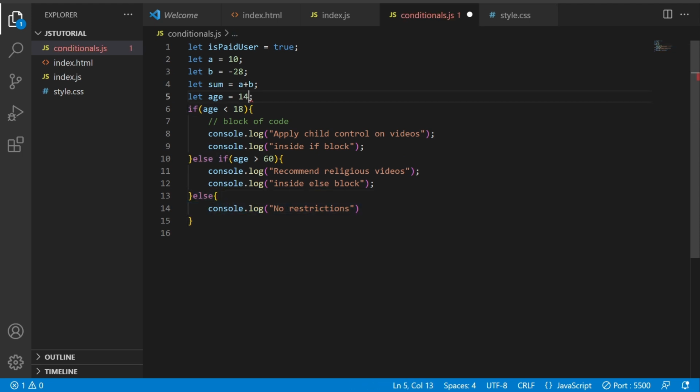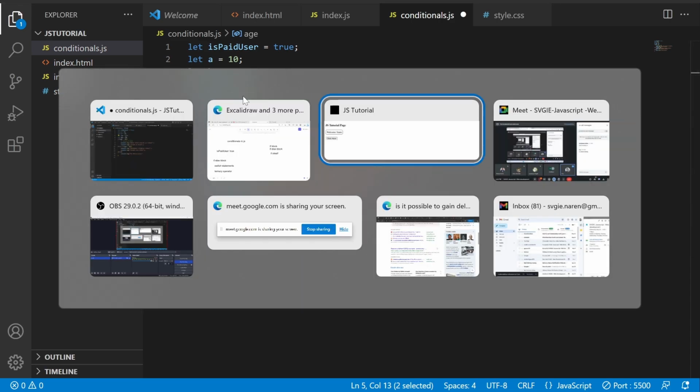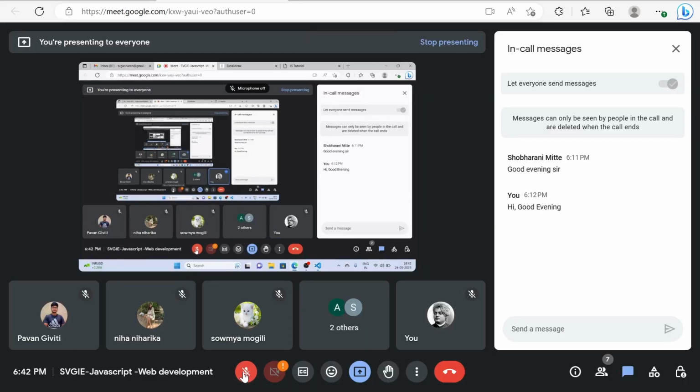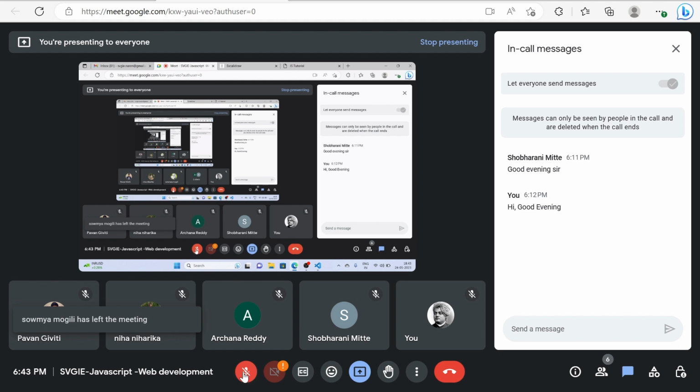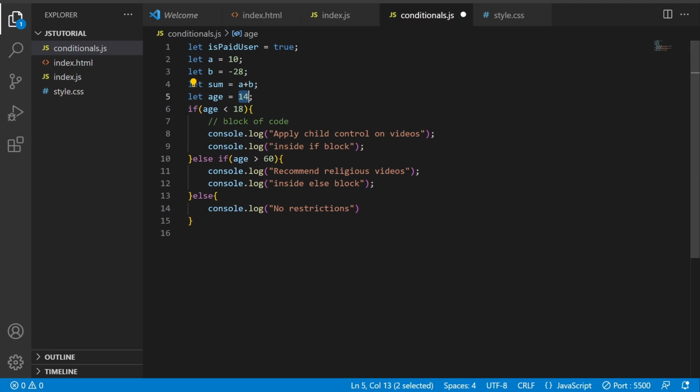If I put age as 14, it will check the first condition. If age is less than 18, yes, the first condition itself is satisfied, so it will execute this line of code and come out of this block.